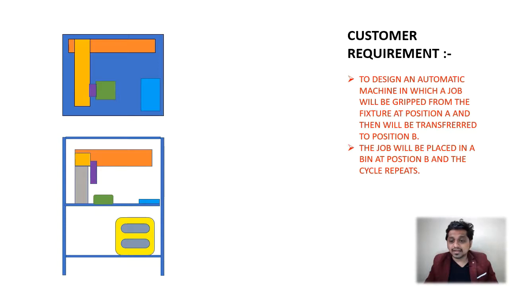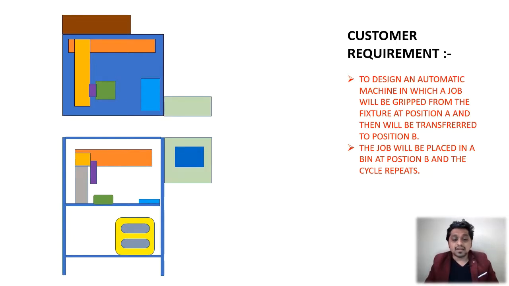Then, to run this machine and these pneumatic cylinders and grippers, I will require pneumatic gangs and all those things. So I have considered some place at the downside, where I will assemble the pneumatic gangs. Then, in order to power all this equipment, I will require a main panel, and for operating and display, I will require another operator panel which will show what is happening inside the machine. I have taken the main panel on the back side, and I have considered this operator panel over here with the HMI screen, right?